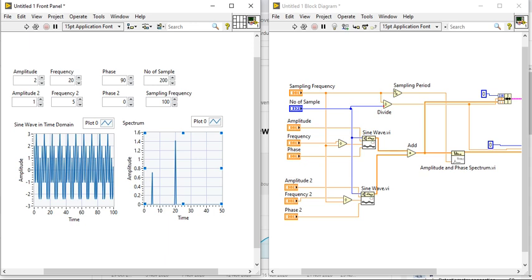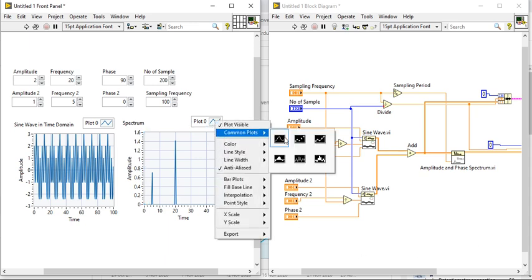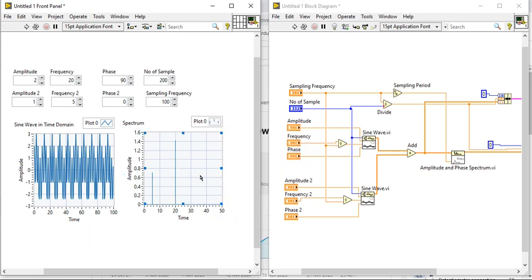In this way we are getting two spectra. If I click here, we will get this spectrum. There are two sine waveforms with frequencies of 5 hertz and 20 hertz superimposed.